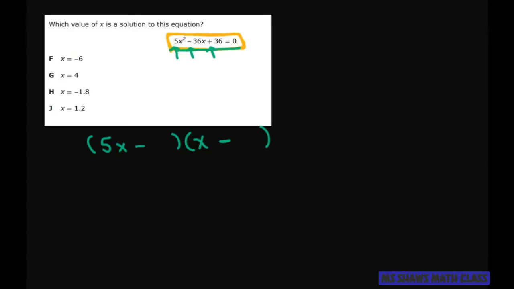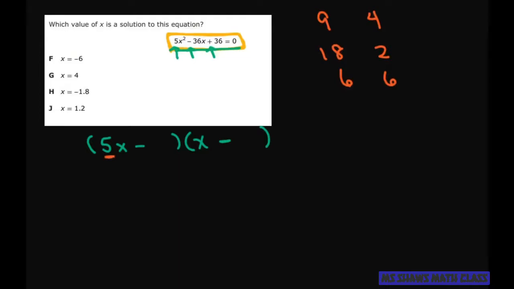And let's just write some of our factors of 36. So we have 9 and 4. Of course, these will all be negative. 18 and 2. 6 and 6. And all of these, when multiplied, are going to give you the 36, but we have to deal with this